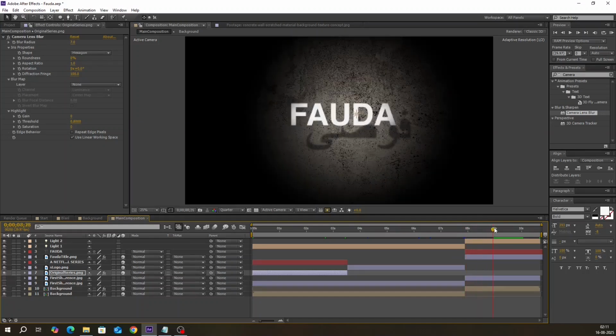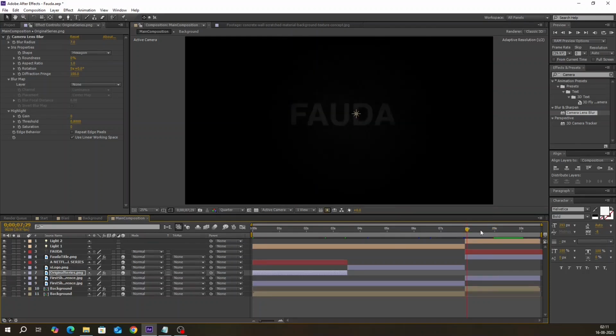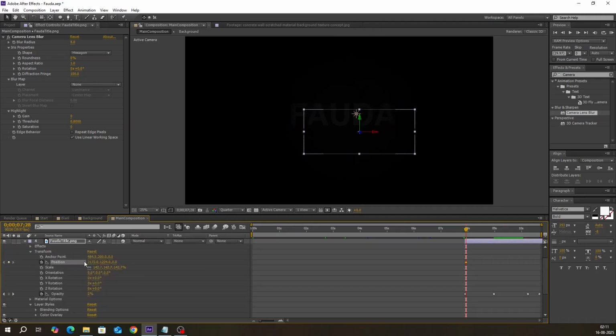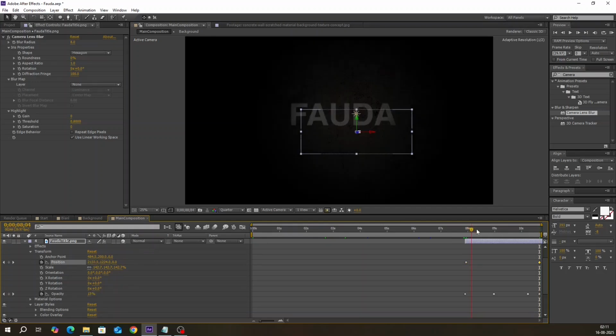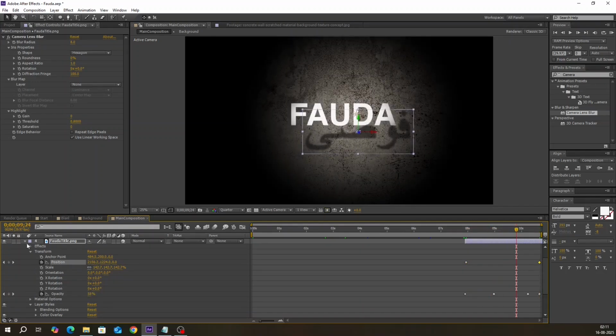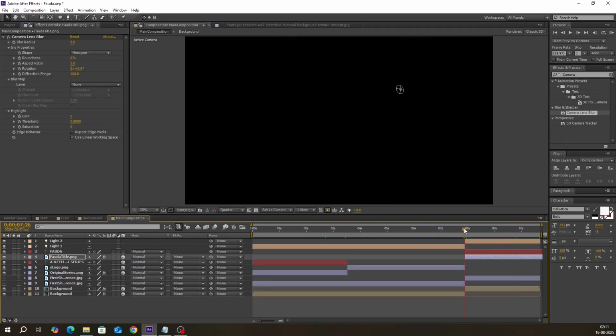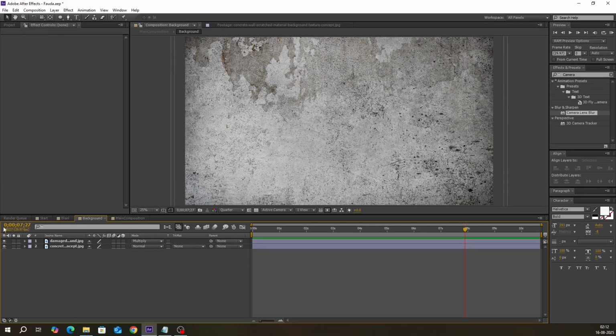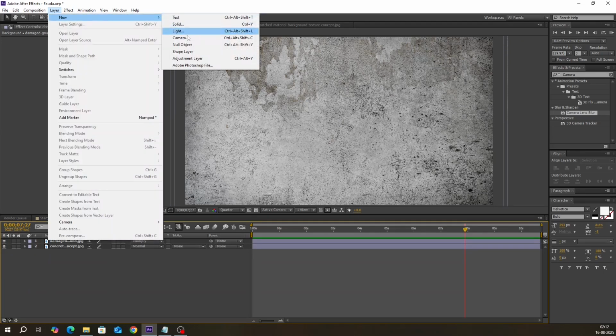Similarly, in this particular shot the shadow was also moving but the background was also moving, so in this particular shot what we're gonna do is, first of all we will move the shadow. We'll have subtle shadow movement, and from 8 seconds to 10 plus seconds we need to move the background. So we'll go here, we'll put the keyframes, or what we can do, we can create a new null object